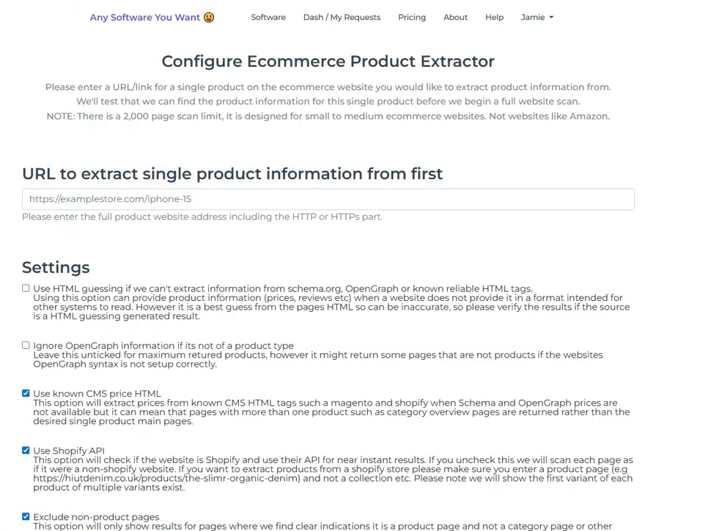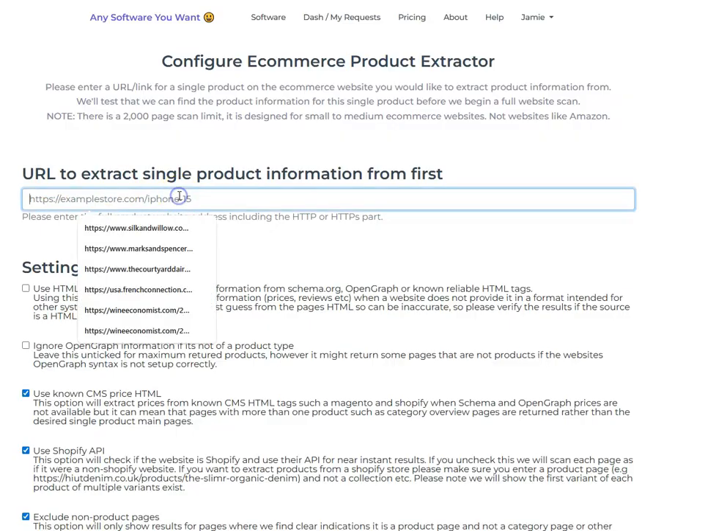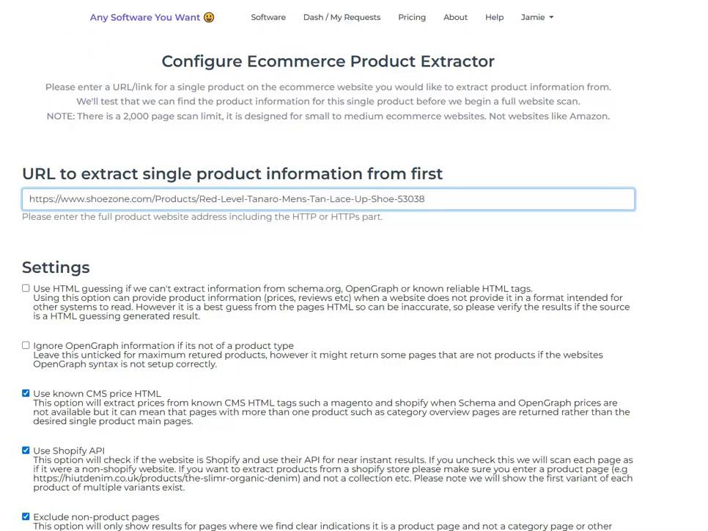So what we'll do now is we're going to try and scrape some product information from a website that doesn't use Shopify, it doesn't have open schema markup, it doesn't have any open graph data, so the product information is not in any sort of format that is designed to be read by a computer system. So it's going to be quite difficult, but let's see what it does. So we've put in an example product here,